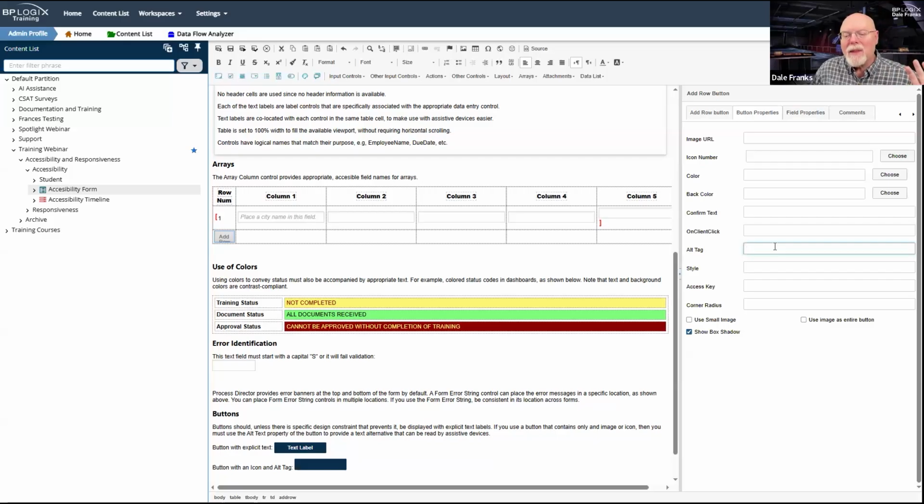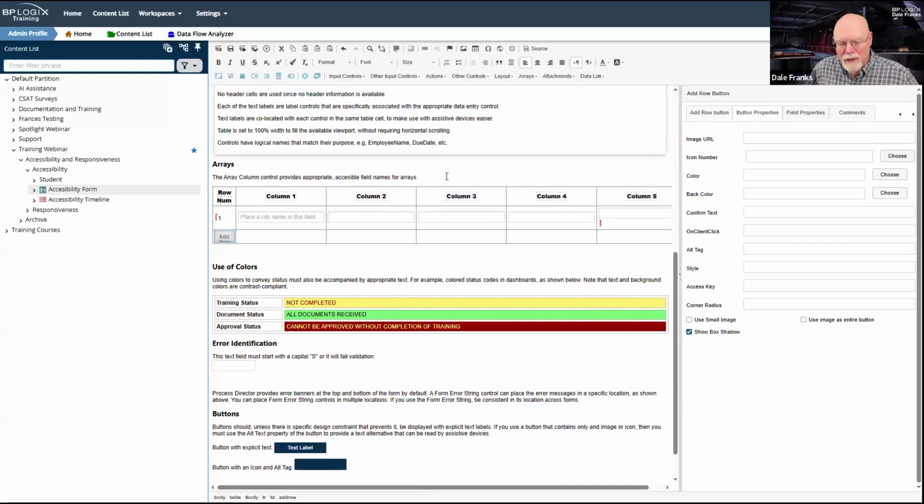Now, this is kind of a fallback from the days when you could have buttons that just displayed images. And indeed, there are buttons that still just display images. In fact, the default buttons in an array for the move up and move down just have the up arrows and the down arrows or the big X. Those images are basically the entire context of the button.